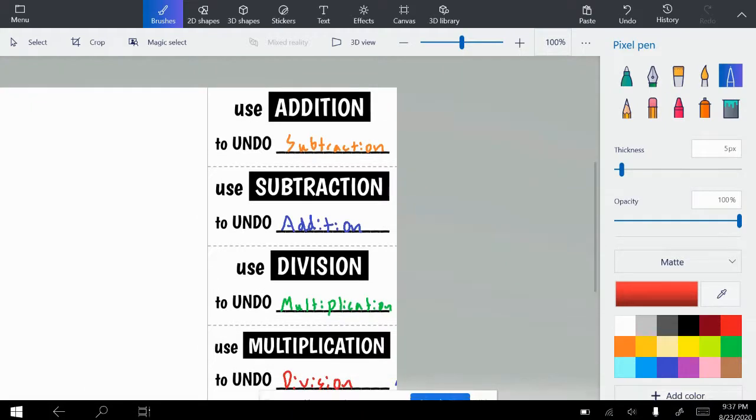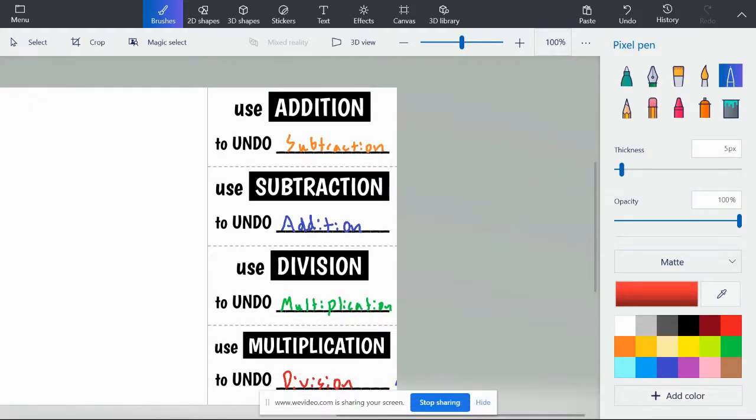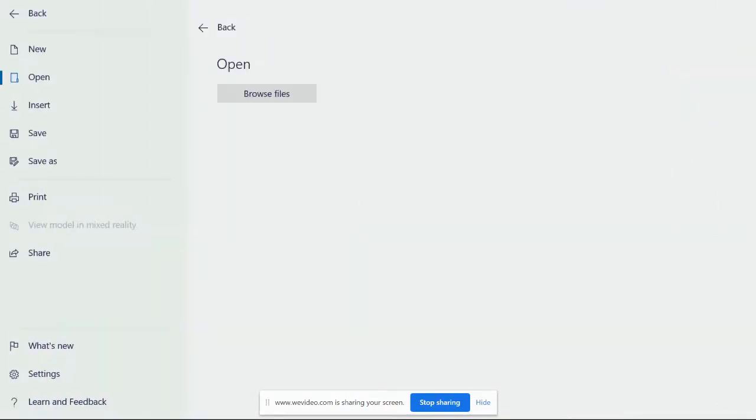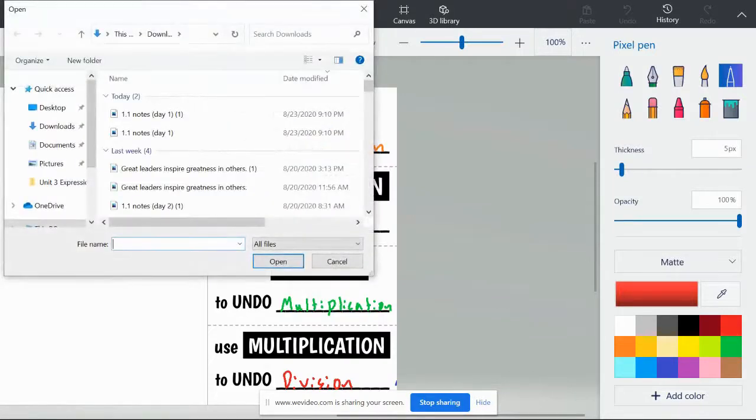All right, so that's what your first page should look like. You have all of your inverse operations now. Addition and subtraction are inverse. Multiplication and division are inverse. Those are 2 sets of inverse operations that we're going to be focusing on for the first little bit. There are obviously a lot more inverse operations. We haven't talked about exponents, and we won't for a while. We haven't talked about a lot of different things, but those are the 4 basic ones that we're going to look at. Okay, so if we flip that page over,